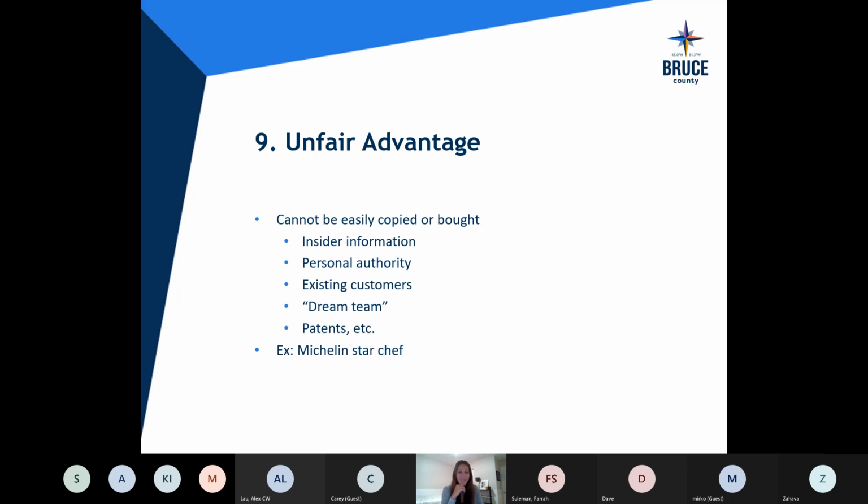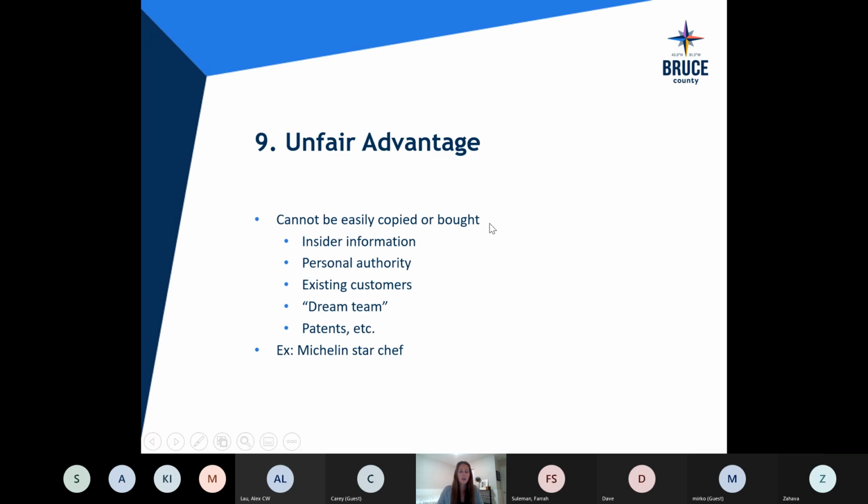I'm going to have a clause that says they can't work with the competition, of course, in my agreement with them, but it's a huge advantage for me. Thinking about existing customers, if you just purchased a business that already had 100,000 customers, or a great list for their e-newsletter, or you had all their emails or their phone numbers or their postal codes you could mail things to, all of a sudden that's great. You've already got an existing customer base. That's huge. Or of course, if you have a patented product that people can't copy, again, it cannot be easily